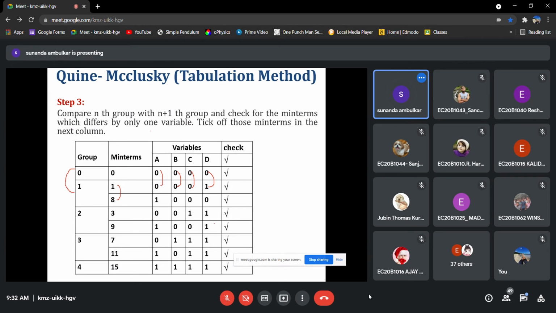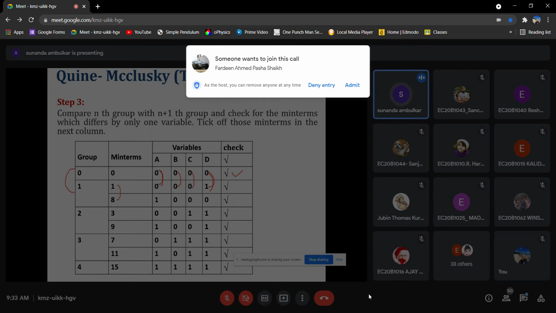Whatever variable is changing, at that changed variable position we put a dash and we check off those min terms. This is checked because it has been compared by the rule that only one variable change is there between 0 and 1 while comparing group 0 and 1.